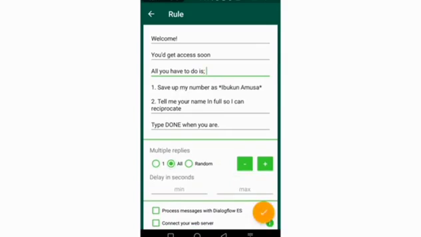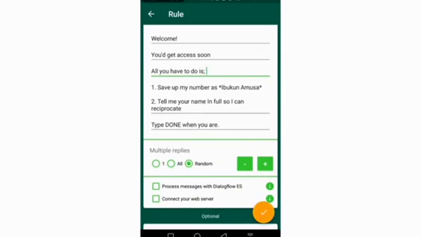So I want to use all of them or make it random. That means it's going to send different responses randomly. But since I'm working on a lead magnet, I'm going to use all. Now